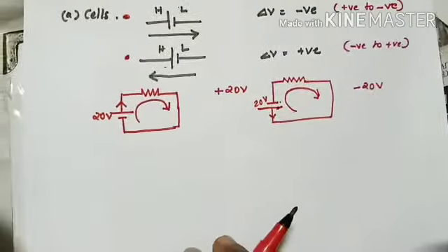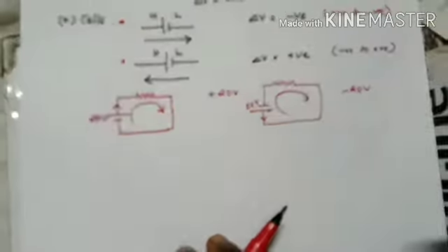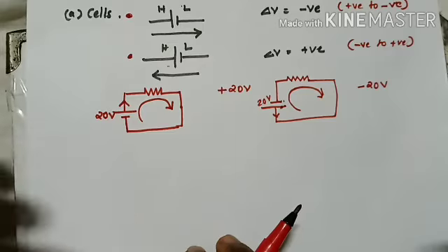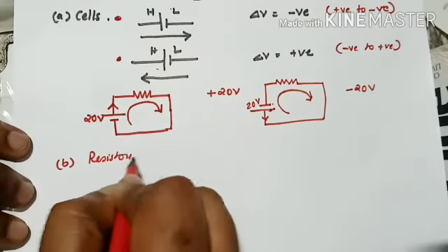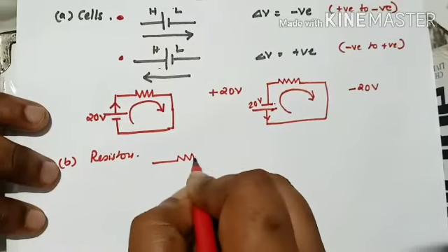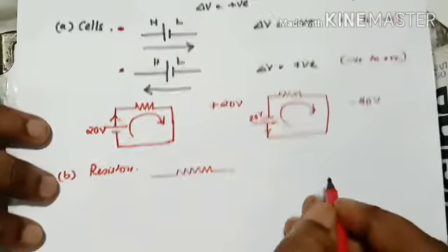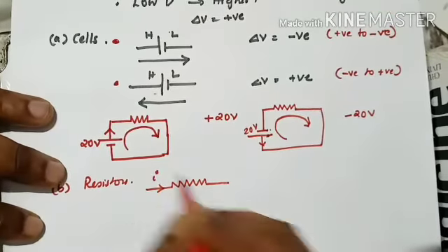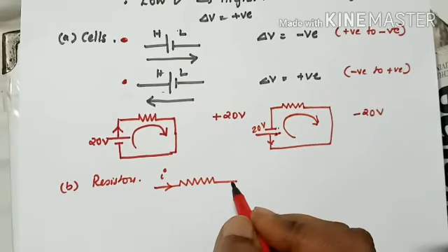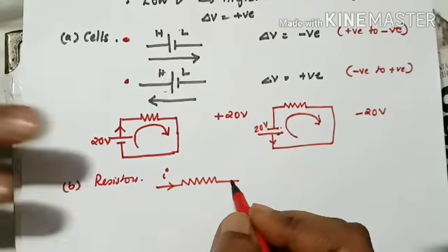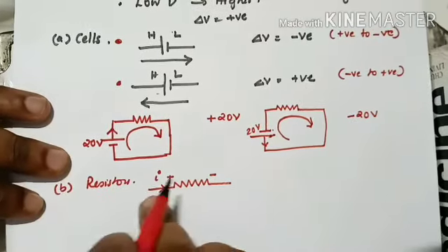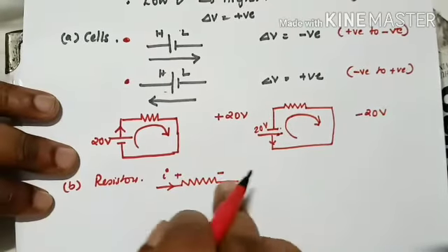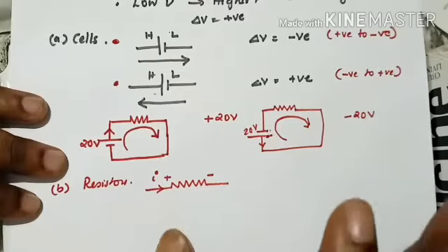Now in the case of resistors, we are going to deal with how positive and negative has to be marked across the potential differences across resistors. Suppose this is B. Now I have to draw a resistor. Suppose the current is flowing here like this. Suppose we are not sure how it is. Suppose it is like this. So current flowing like this means this becomes plus and this becomes minus. We are going to take the current coming in as positive, current leaving point as negative. Usually it is like that.